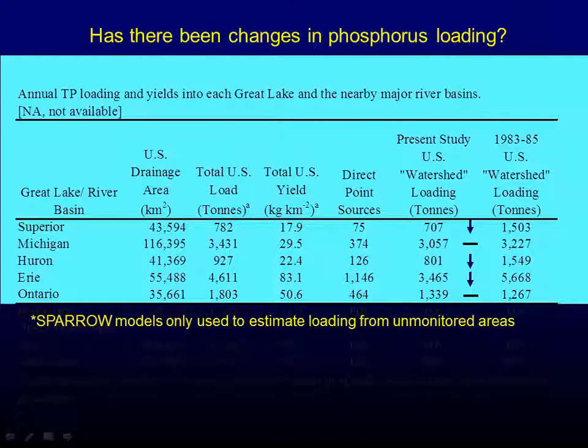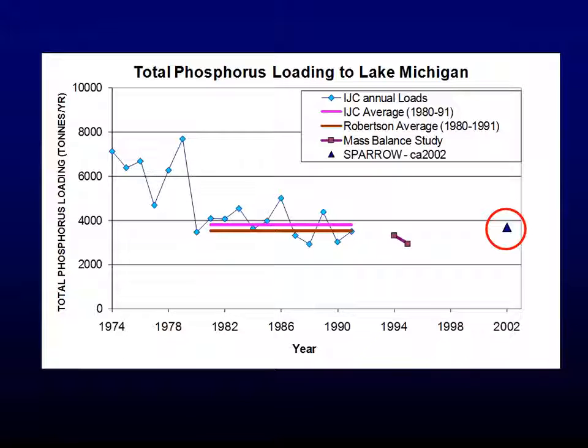And I simply took my total load, subtracted off the direct point sources from that, and it gave me a number that's a little bit more comparable. And so when we look at that, what we found is that the load to Lake Superior dropped, as well as Huron and Erie, and the other two stayed about the same. And we looked at some of our individual sites for Lake Superior. We saw that the load in the St. Louis dropped quite a bit, and some of these other tributaries that were pretty high, and some of these other sites followed what I'm showing here.